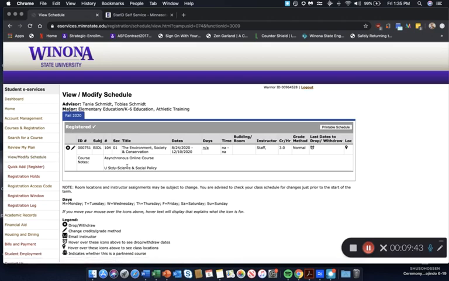This area here, this View Modify Schedule area rather, sorry about misspeaking there. I recommend that students, within the week or 2 after you've been on campus to register, you come back and you take a look at this schedule. So if, for example, you felt like